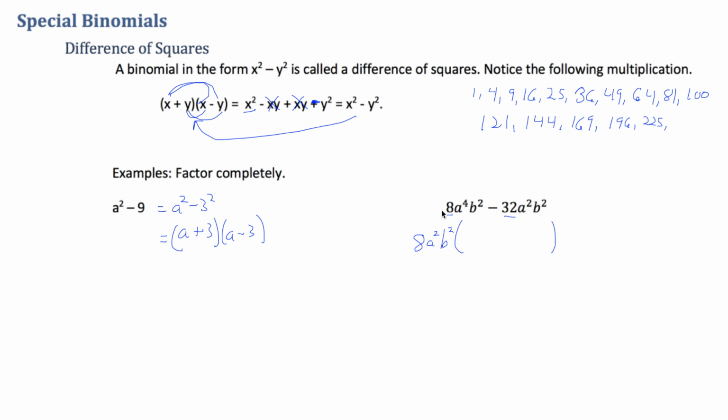And now remember there were a couple different ways you could think through this. You can actually think of this divided by this, so 8 divided by 8 is 1. A to the 4th divided by a squared is a squared, and b squared divided by b squared is 1. We don't need to put that. 32 divided by 8 is 4. A squared divided by a squared is 1, and b squared divided by b squared is 1. So that is our